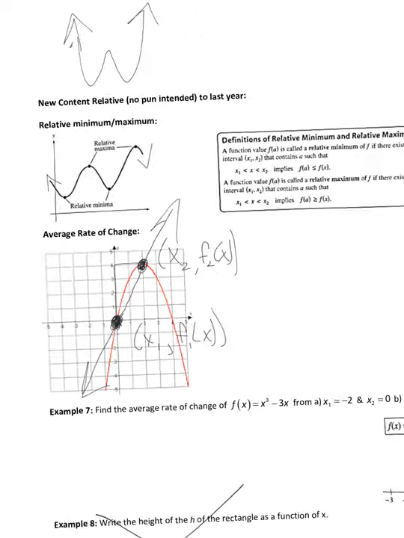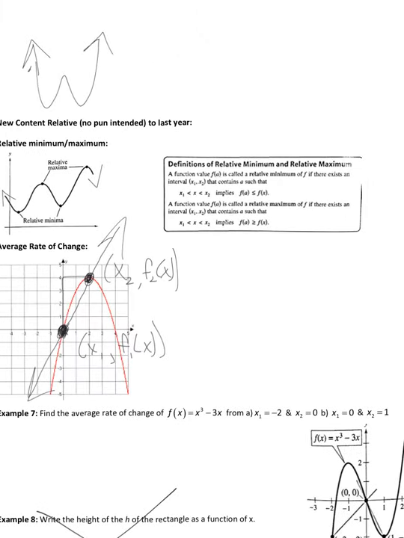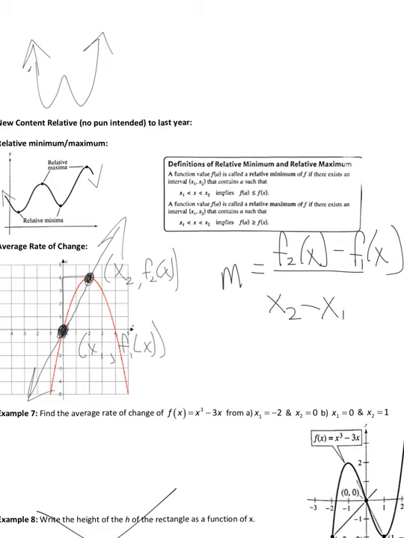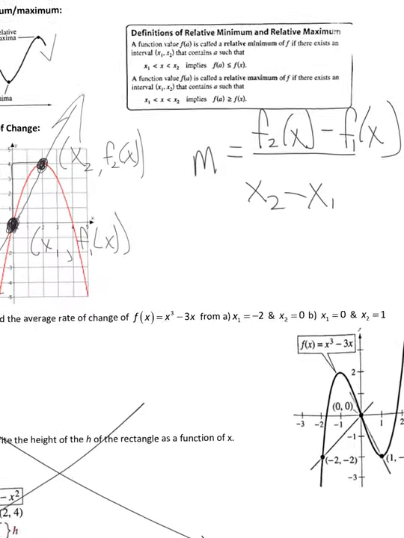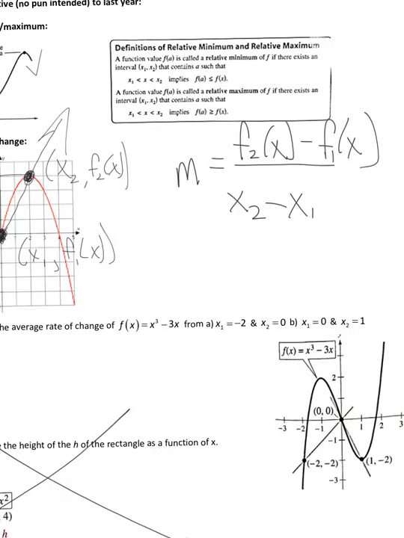Now if we want to find the average rate of change between those, it's going to be the same as we do for slope. It's going to be m equals f of x sub 2 minus f of x sub 1, all over x sub 2 minus x sub 1. Why are we using the function notation? Well, we're working with functions. So we're going to find the output of the function at both values, subtract them, and then divide by